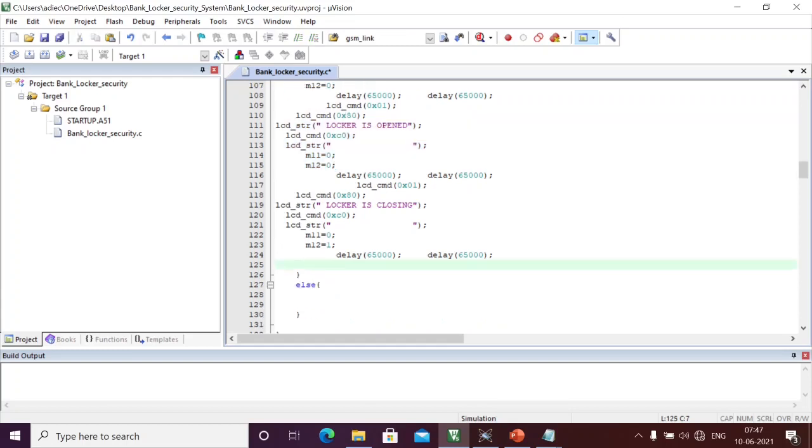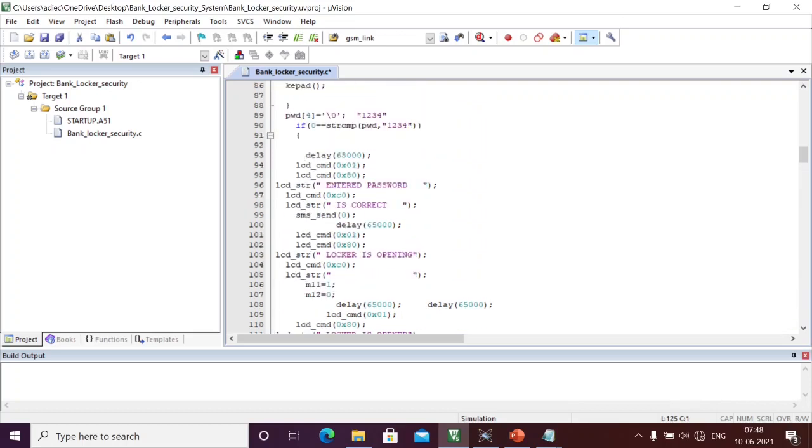Okay, what will I say? I will say "locker is closed". And if you see, 00 means closed. Similarly, we wrote it like this. Here, if you enter the password 1234, then we will say "entered password is correct".